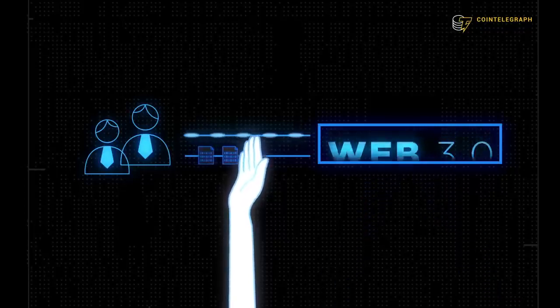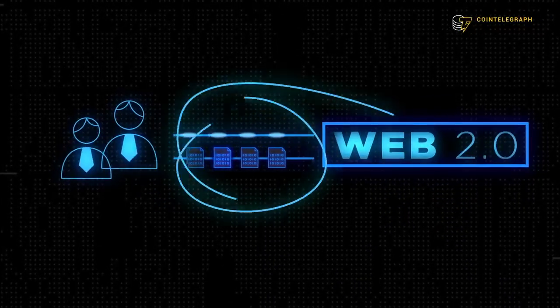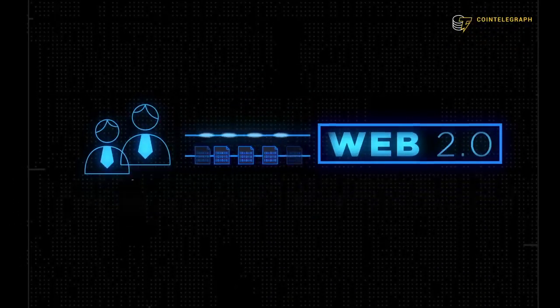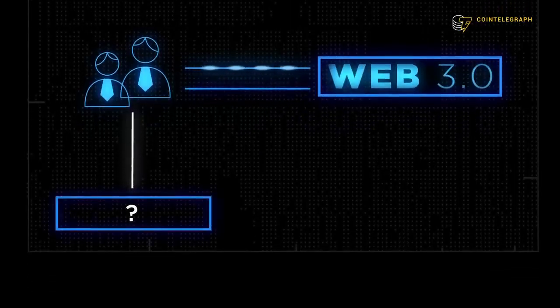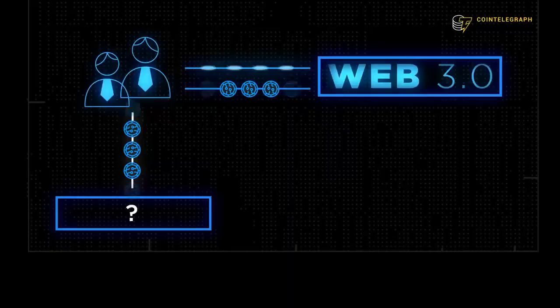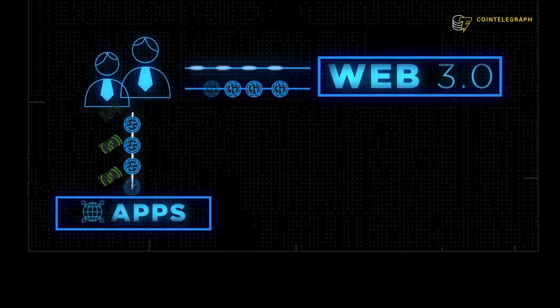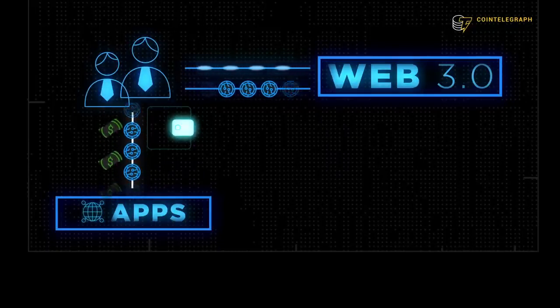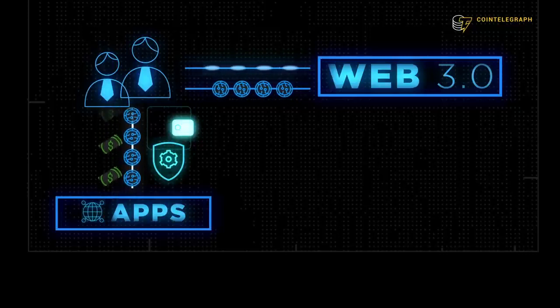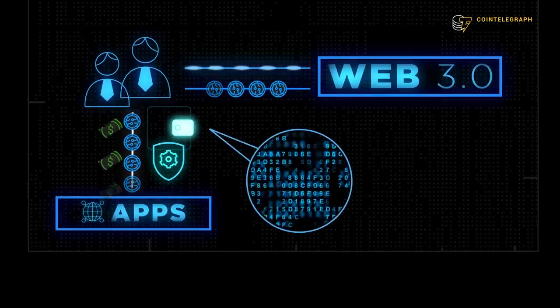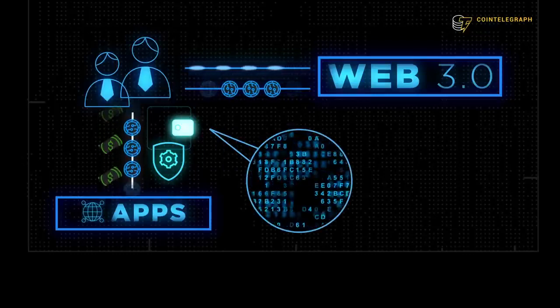Let's look at the first part of that. Data is the main currency of Web 2.0. How do we change that? Well, we would need to build a separate network that relies on a different medium of exchange, like a coin. You might see where I'm going with this. Cryptocurrency networks like Ethereum do just that. It has its own programming language for building applications. Users access the services of applications by paying a fee in ETH, the native coin on the network. Each user keeps their ETH in a wallet. The wallet doesn't share any personal information about the user. Nothing is known except the public address of the wallet, which is a long string of random numbers and letters.